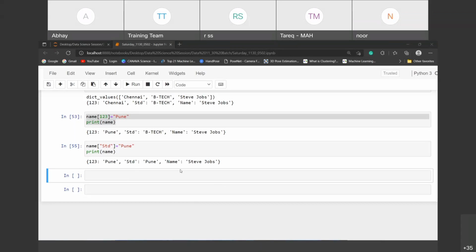Boolean. Okay, which one? Boolean. Actually the question always arises: Boolean, I think I have already taken it, maybe I just forgot, but Boolean is nothing but true or false. This is like probabilistic binary classification.